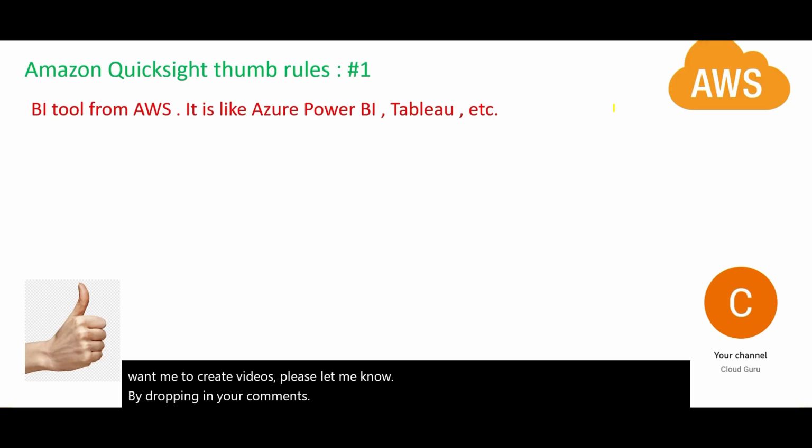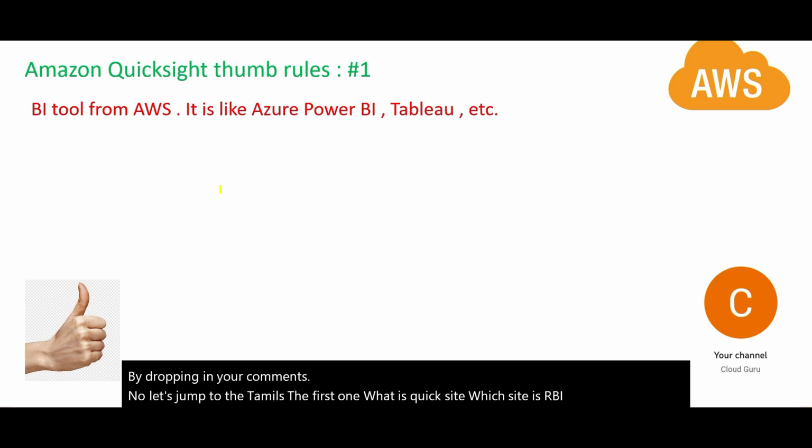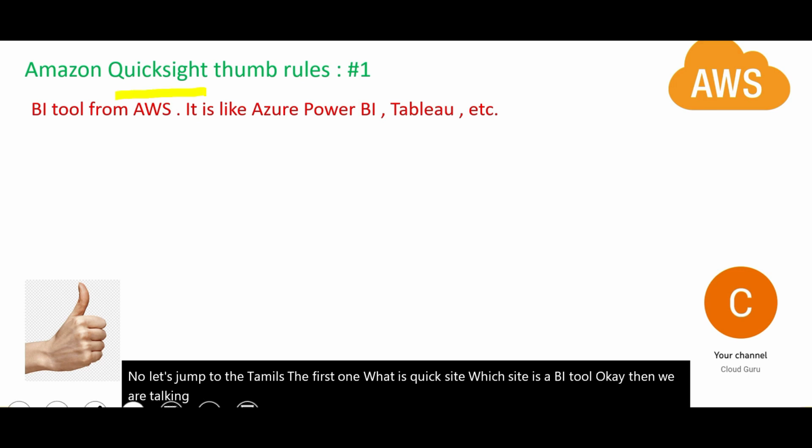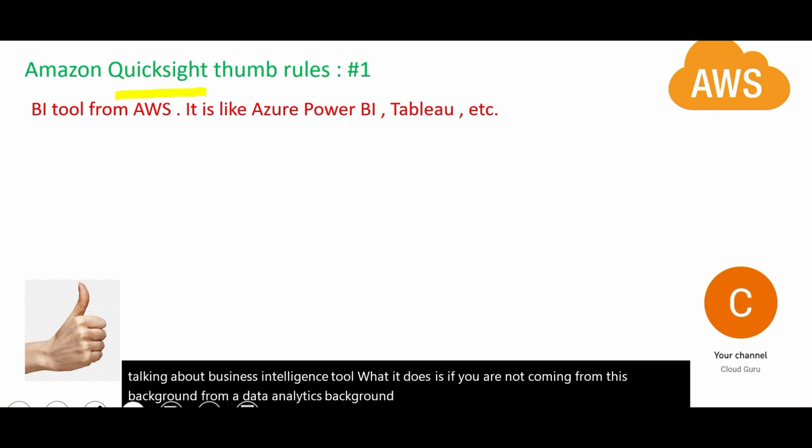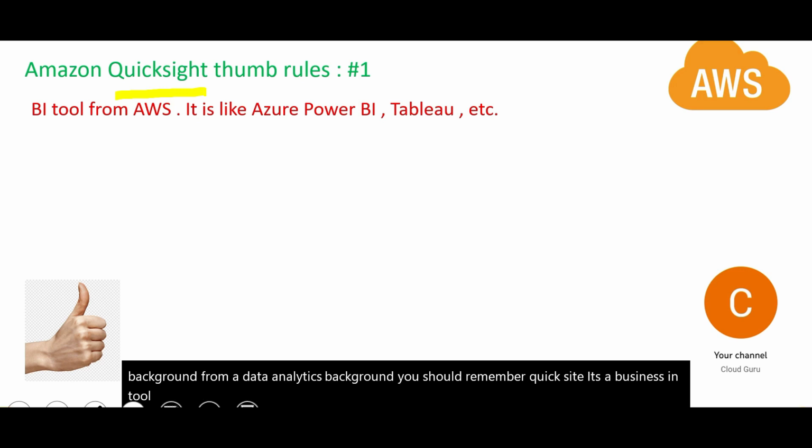Now let's jump to the thumb rules. The first one, what is Quicksight? Quicksight is a BI tool. Okay? When we are talking about a business intelligence tool, if you're not coming from a data or analytics background, you should remember Quicksight is a business intelligence tool which is used to